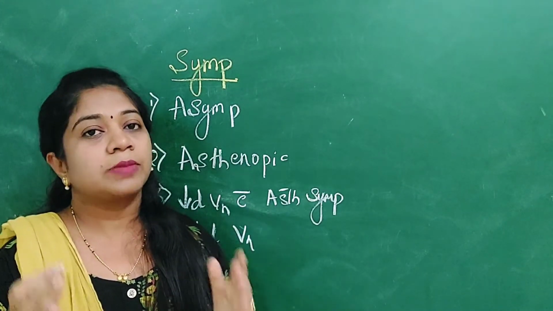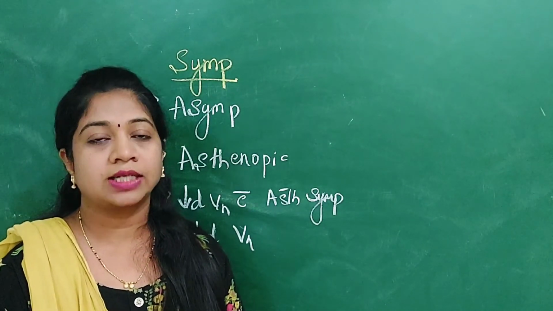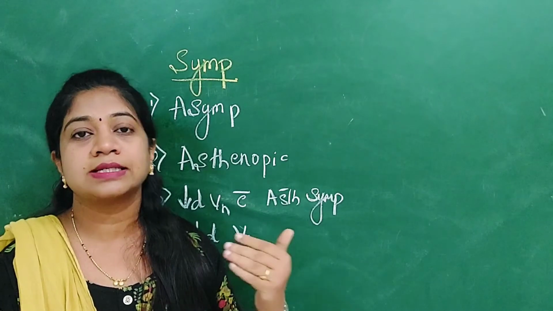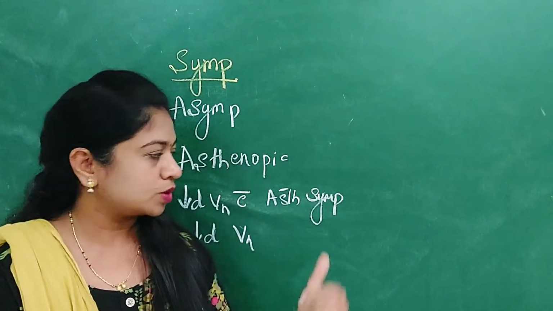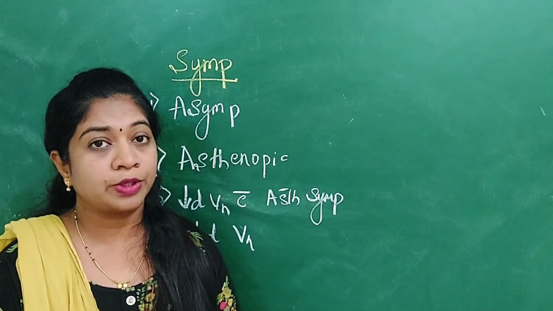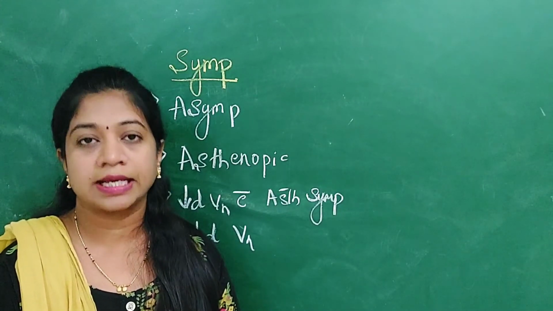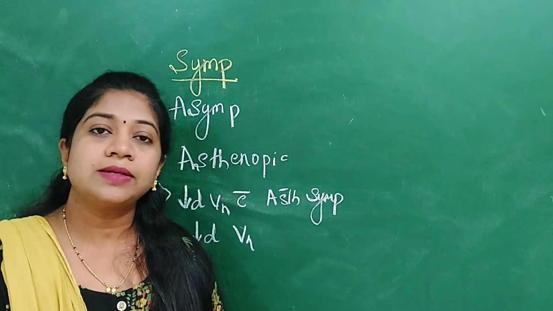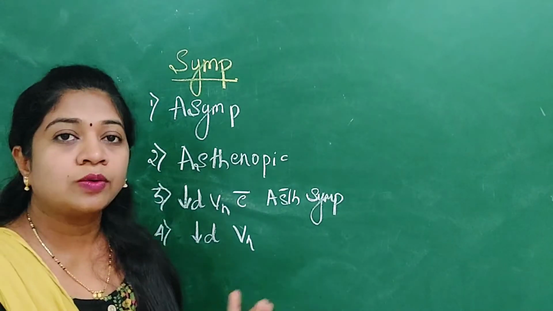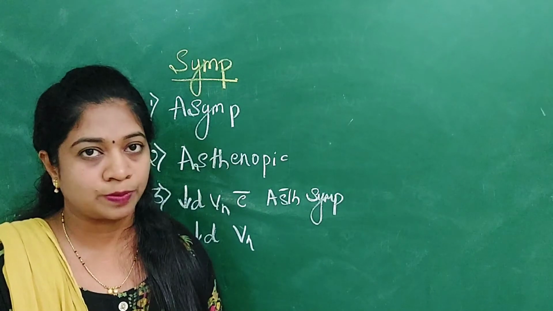And third, the patient can have decreased vision along with the asthenopic symptoms. Say the patient has 8 diopters of hypermetropia and is trying to overcome some 3 diopters by exerting constant accommodation. That will contribute to asthenopic symptoms, and the remaining 4 diopters of hypermetropia which can't be corrected by exerting accommodation will result in decreased vision. Or the patient can purely have only decreased vision without any asthenopic symptoms.